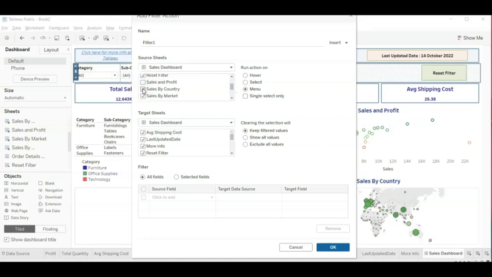I'm just doing it. Okay, and I want to run this action on select. Okay, and then in this case the targets are everything except for the reset filter. If you want, you can remove that last updated date and all. For now, I'll just keep it as it is. I will show all values, and then in this case I'll just select fields because we don't have filter on